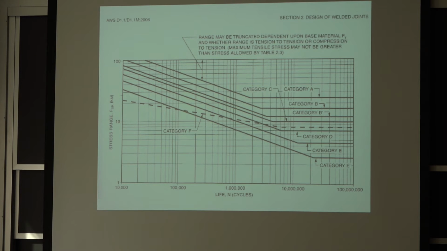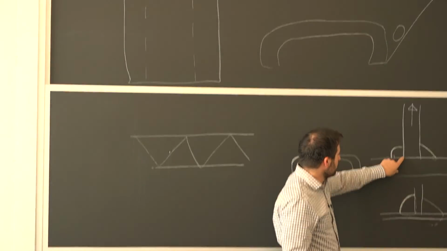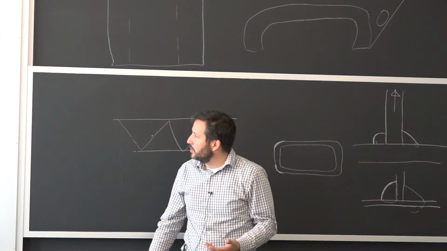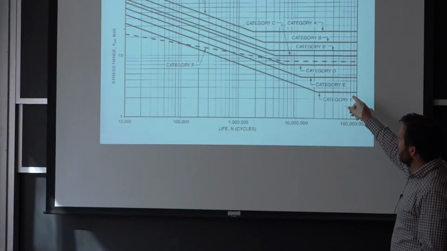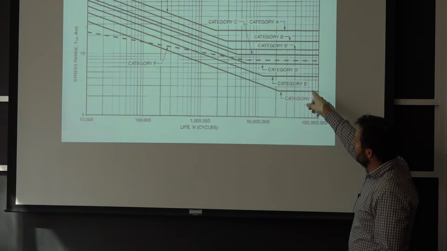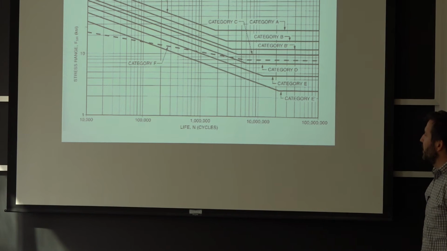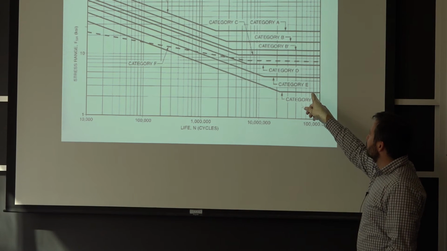So if, in this case, I'm loading this way, it puts the root of the weld in tension, and that's a situation where my stress allowable, I'm sorry, this is in KSI, just the way it is. We talked about the strength of the steel, even the mildest steel, to be 30 KSI, and on the log scale here, the lowest strength